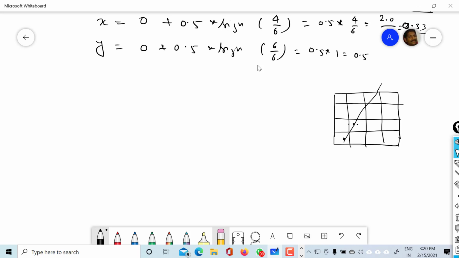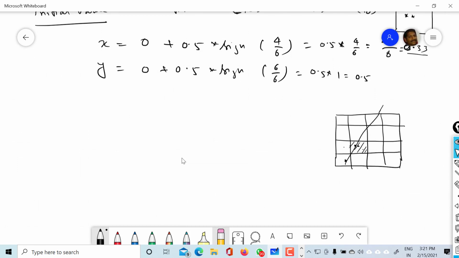If this is the actual point and this was our pixel point, we have to decide whether we should make this pixel or that pixel in the on state. If this point is near to this pixel's center point, we decide to make this pixel the on state. This is the basic idea. In this way we have got our next pixel: we incremented x, and thereby we get the incremented y.